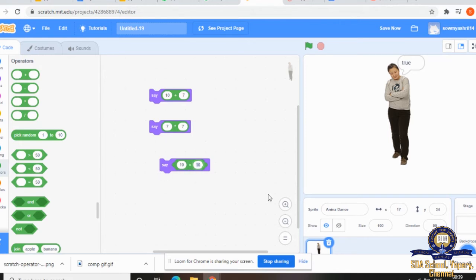If not, we'll see whether she's telling false. False. Can you see? So that is about the operator block. Very interesting, right? Not only this, we can also join two words using a script, using the operator block. We'll see how to do it.